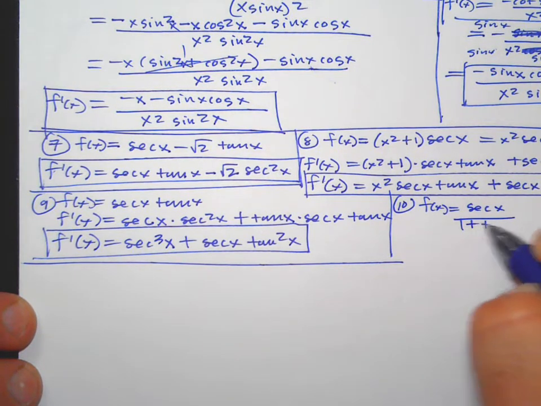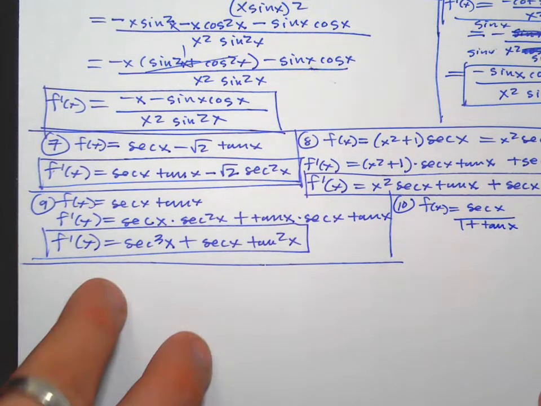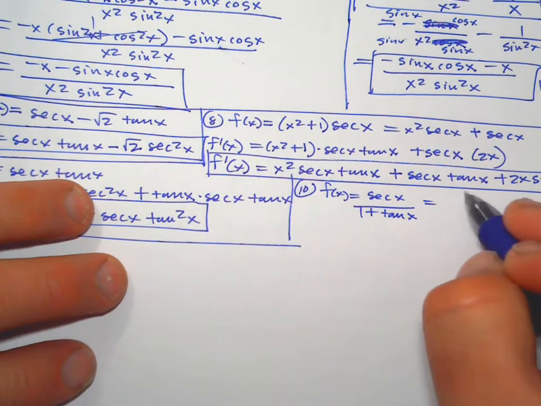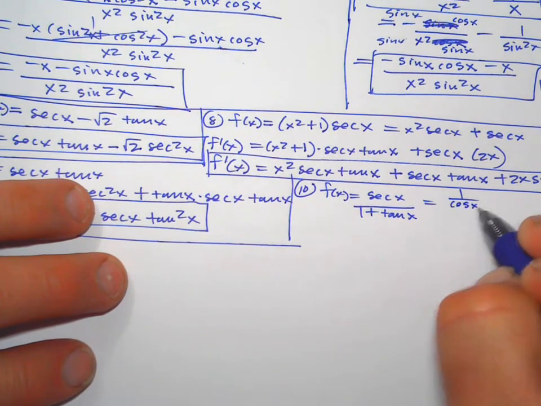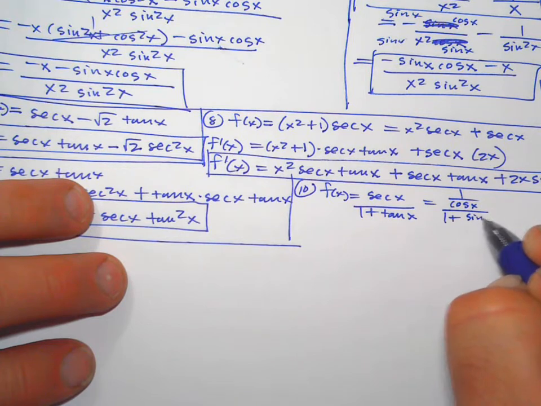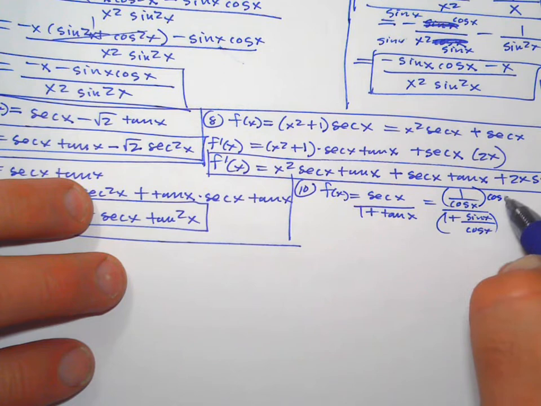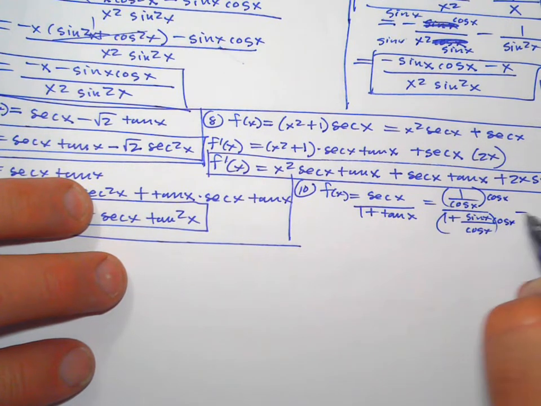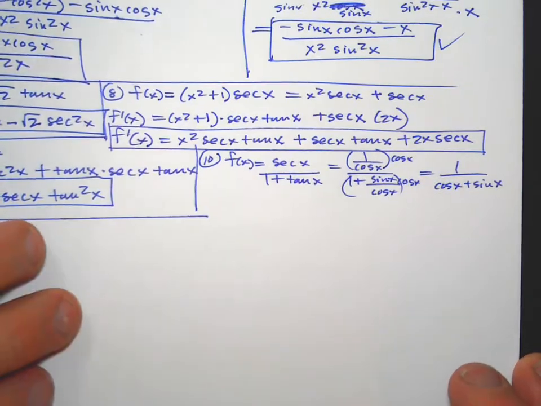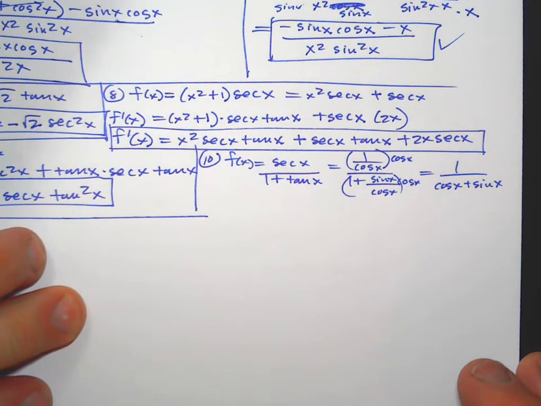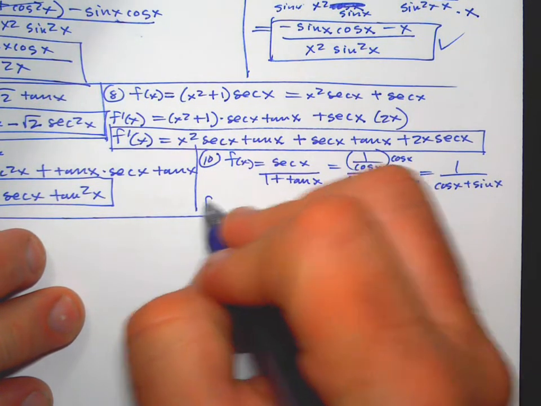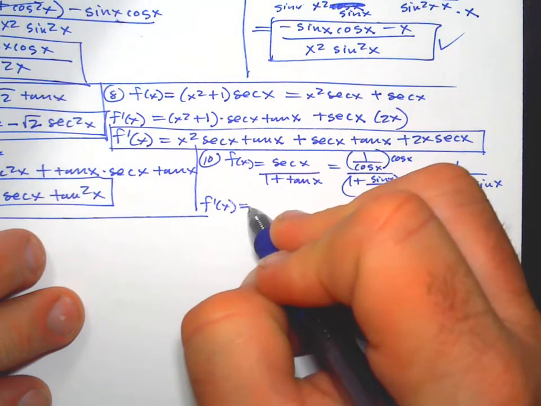So we could just attack it straight on and do quotient rule. Or we consider that maybe things could be a little nicer. Change it to sine and cosine. So that's 1 over cosine, that's sine over cosine. So we multiply top and bottom by cosine x. You would get 1 over cosine x plus sine x. I mean, I don't know, still got to do quotient rule. Maybe a little simpler. Now, if we just do it the regular way, the first way, quotient rule: low